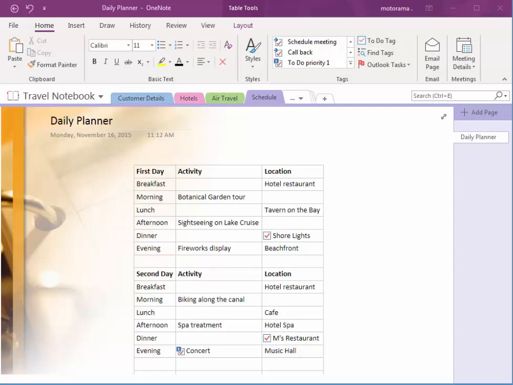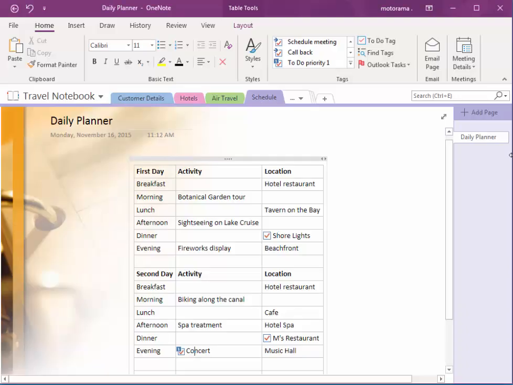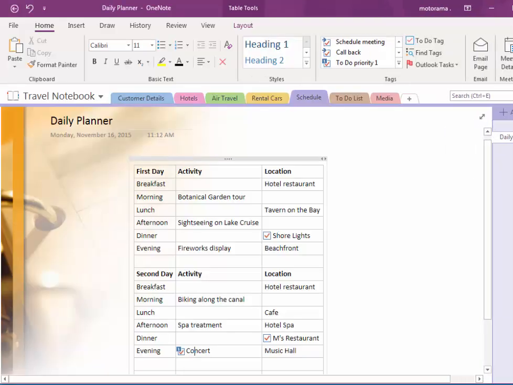Hi there. In this video we'll take a look at how we can organize some of our pages and tabs, as well as search all open notebooks. So what I'm going to do, if my width is truncated, let me just drag this so you can see what's going on. So we have a couple of items that could be